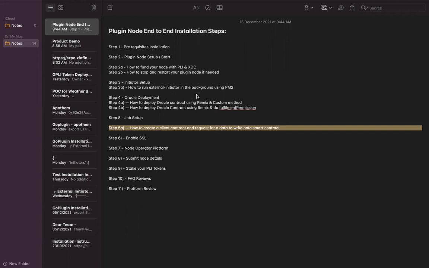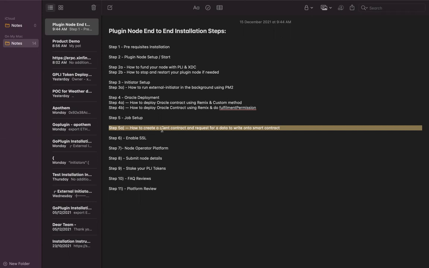Let's say you are not performing this activity but submitting the information. But when the end users perform the client contract submission, let's say they are facing an issue. That's it, right? You may not even get any rewards for it. That's the reason it is a very critical step. You will have to ensure the job which you have set up is doing what it is defined for. Okay, and that's the step we are going to perform now.